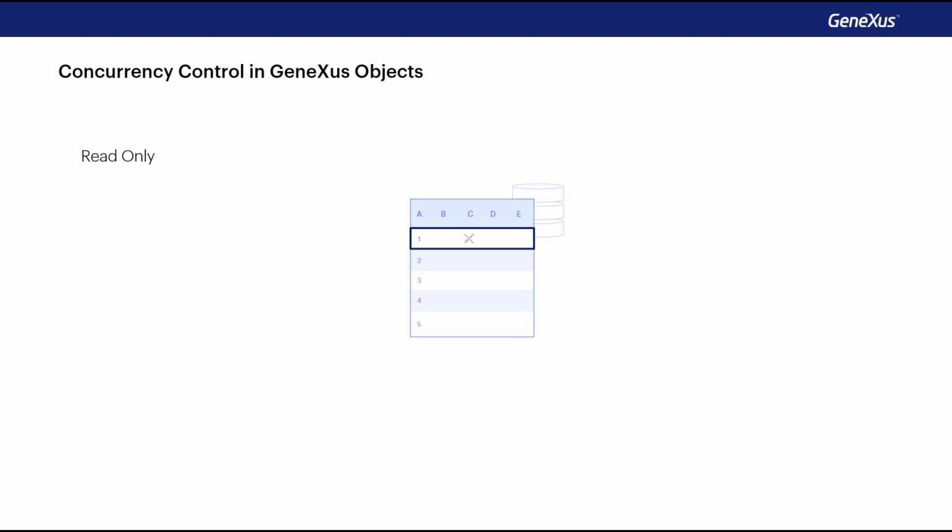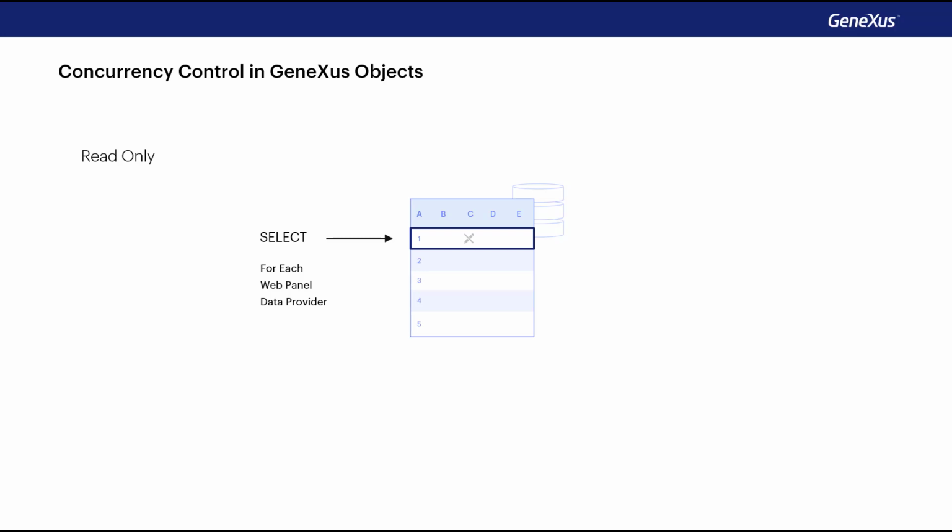If it's read-only, when using for each commands, web panel type objects, data providers, and so on, the generated selects are not locked. They're always affected by exclusive locks. For example, in reorganizations, tables are opened in an exclusive way. In this case, no other process will be able to open the table, no matter if it's read-only.